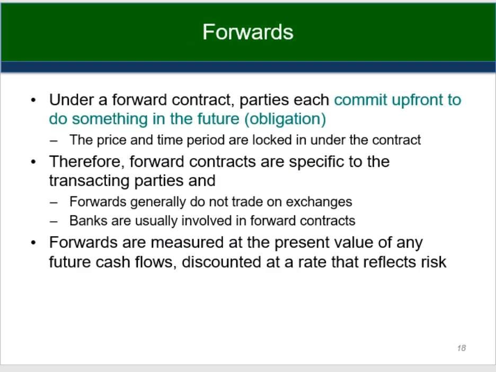Forward contracts, as we said, a forward contract has two parties, and it actually commits both the parties to engage in a transaction in the future. So they'll actually have to exchange something at the future date. So a forward contract, there are two parties to the contract. A futures contract is a standardized contract. We'll talk about that in a bit. But forward contracts are between two transacting parties.